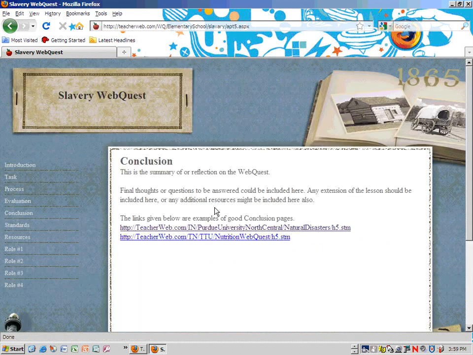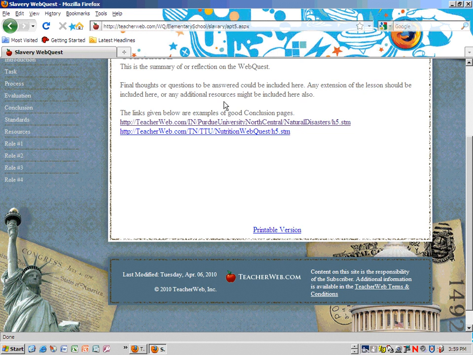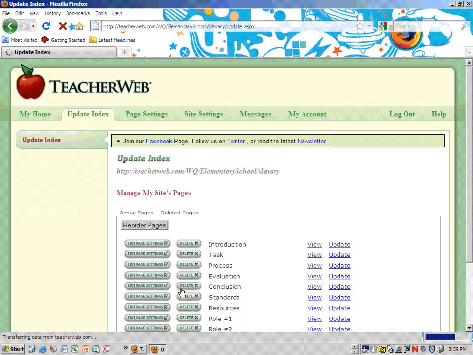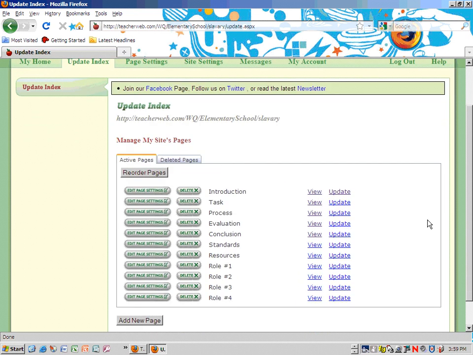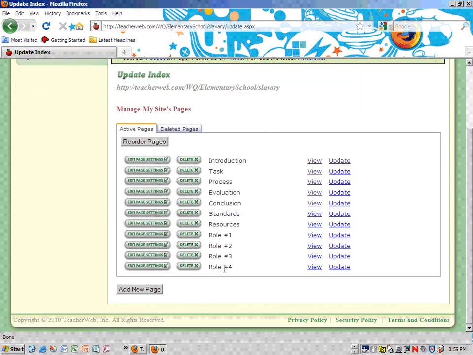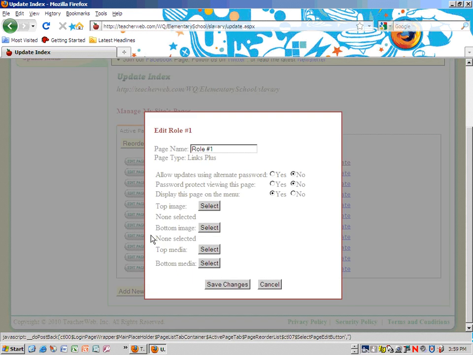Now other changes that you might want to make, besides just on that page, are under this copyright hidden link. And here you have a ton of changes that you could do. You could reorder the pages if you want. I think you could even change the name. Let me see, edit page settings. Yeah,